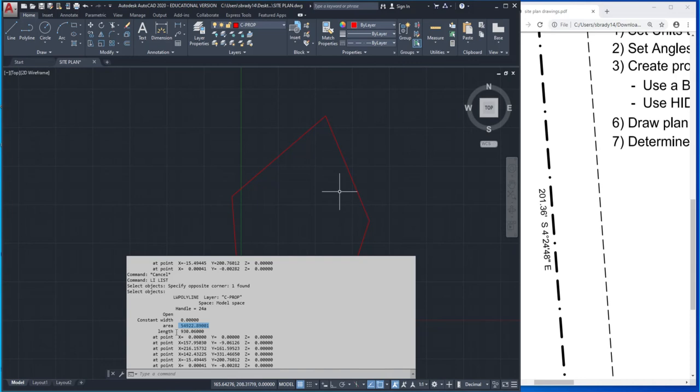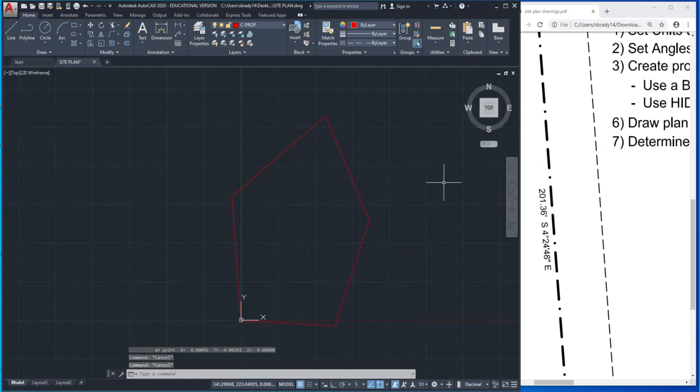The property boundary is 930, I'm assuming this is decimal inches again, right? But you can get a lot of information about your object, okay? So we know about surveyor units now, how they're a subset or a setting of decimal units. We know how to input them into AutoCAD. We know what layers to put those site plans on. We know how to take a polyline and edit it so that you can join lines back together that have